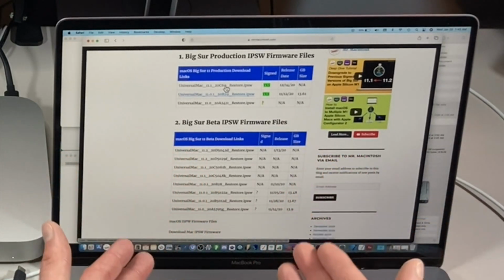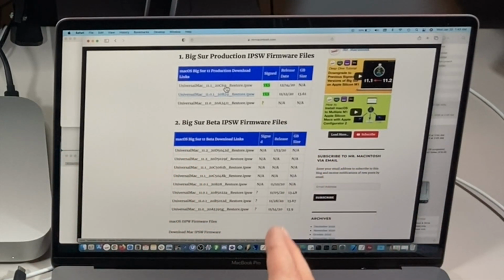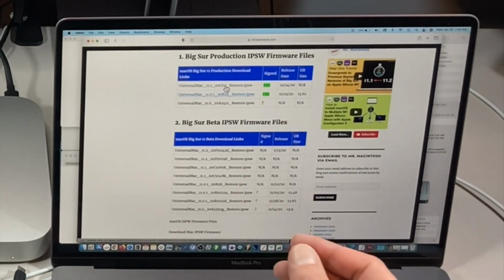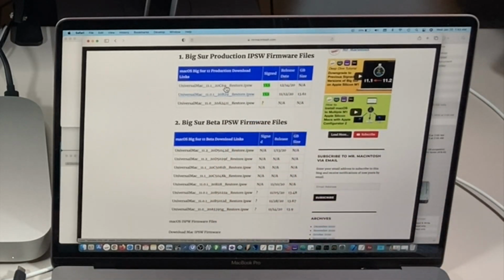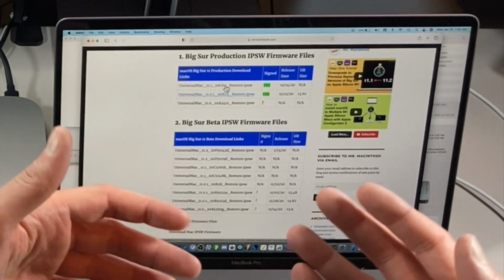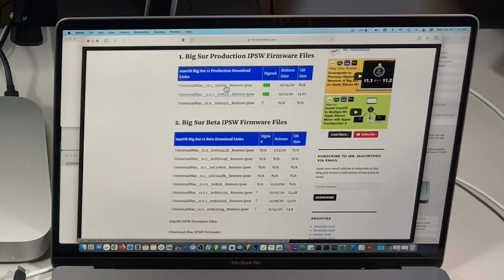So these are pulling directly from Apple's servers, so you know what you're getting. I would not download these from anywhere else, but directly from Apple. If you go to a website and you do not see that the link, or when you inspect the link, is directly from Apple, don't do it, because you don't know. Okay, and again, I'm not saying that another site is going to put malware or something into the IPSW, because